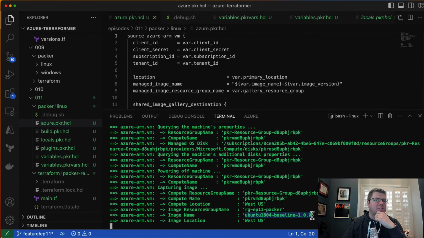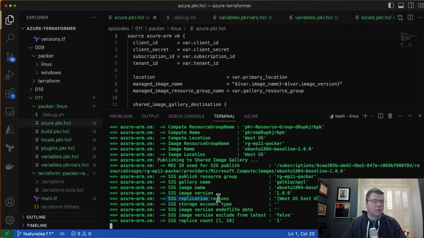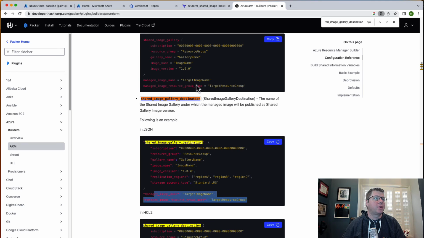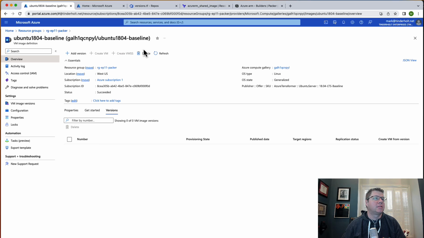So the image name is much nicer. We have the version number concatenated on there. Looks like we got two replication regions, West US and East US. Okay, well, it looks like it's trying to finish up the deletion process. Let's go check in on things. So it does look like we have a new version, and it is replicating to US East and US West. And we can go ahead and create a VM from this